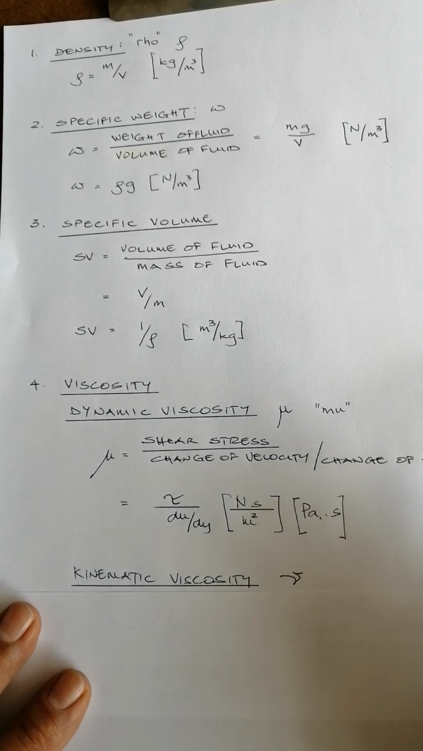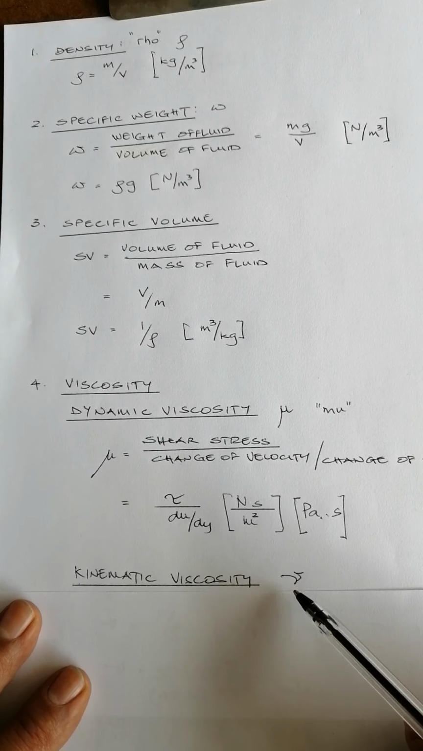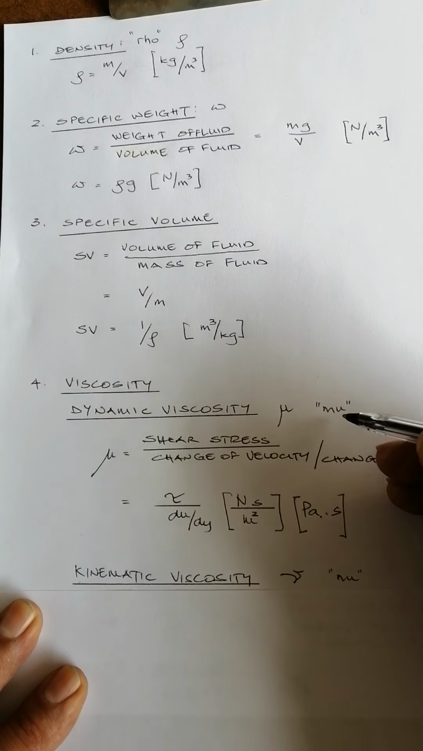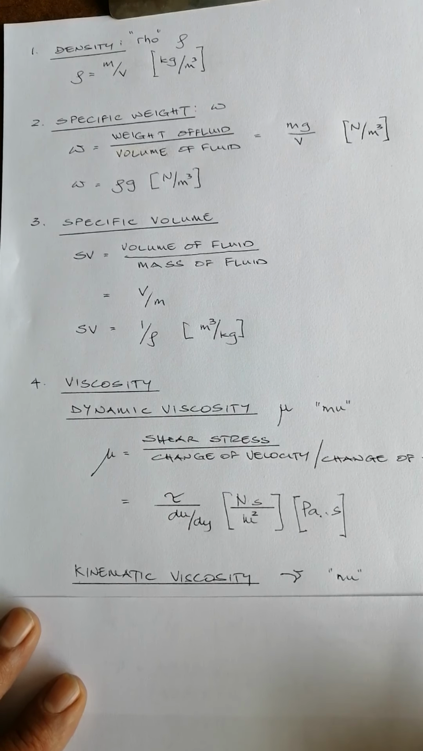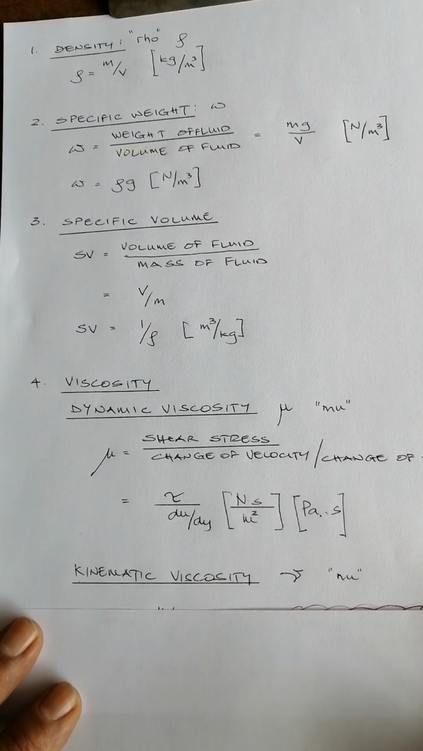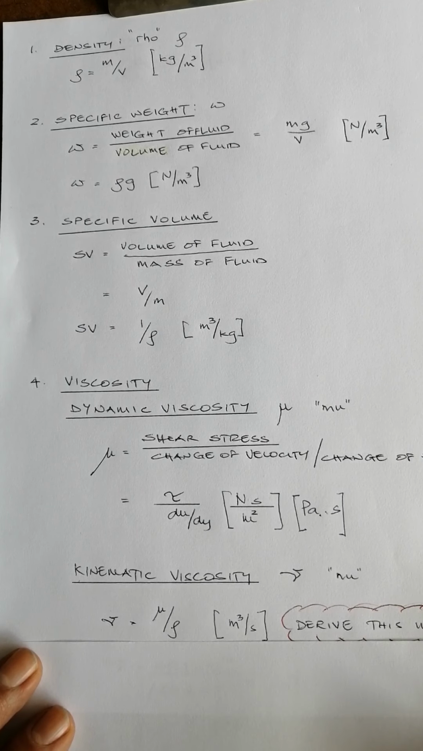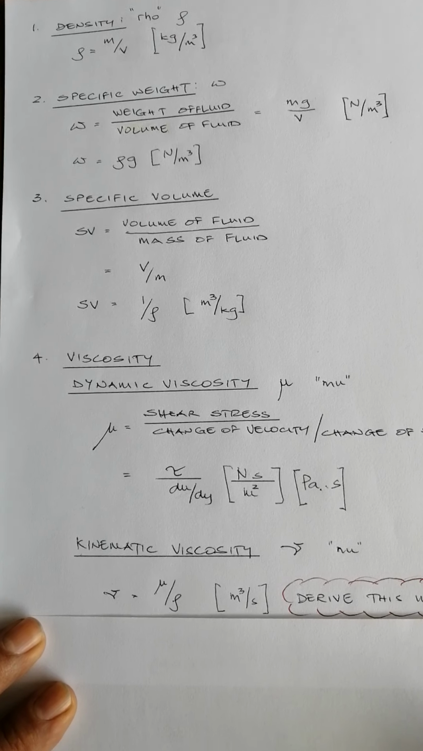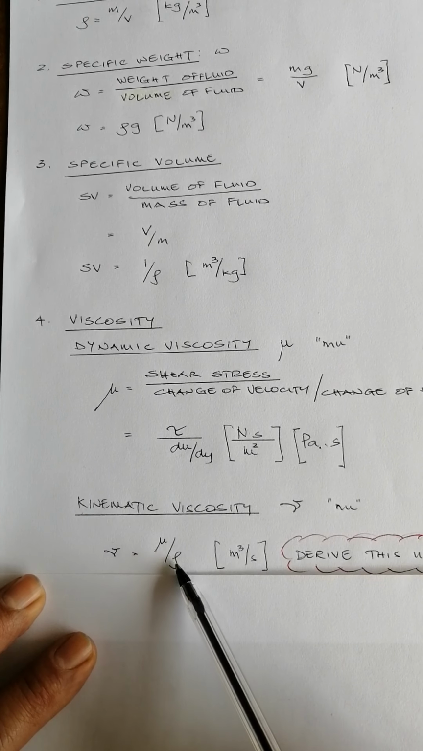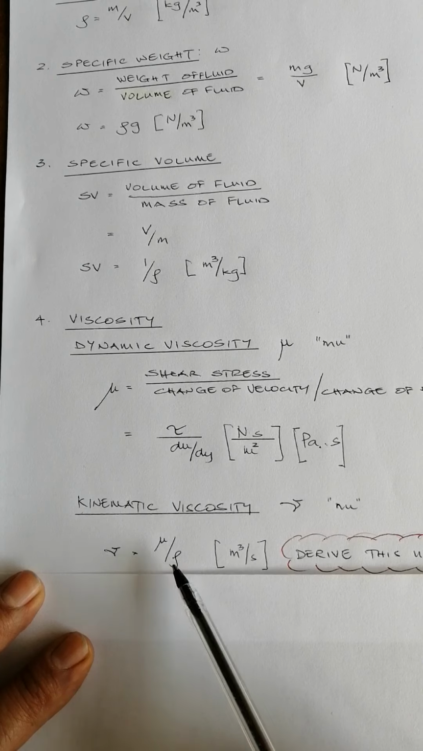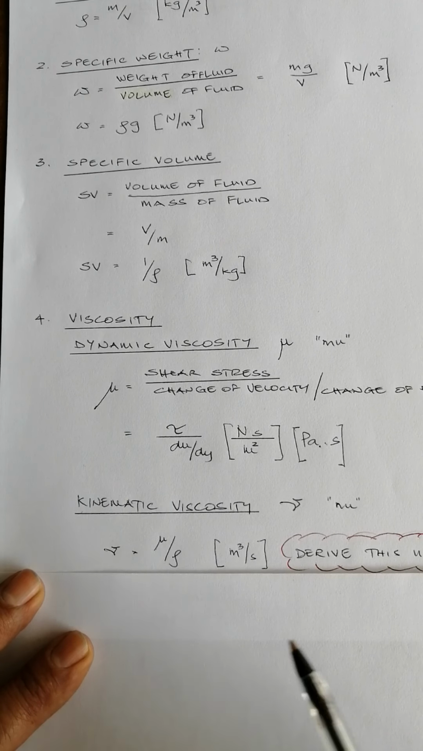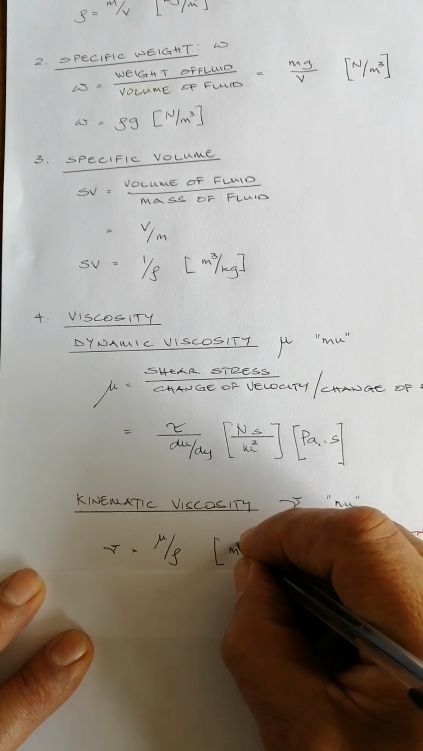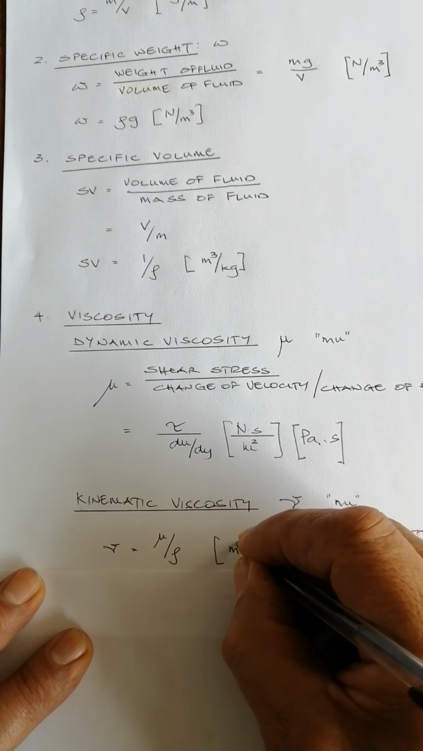Your kinematic viscosity is a skewed V again, and that is nu. So we have mu and we have nu, the Greek letters. And so if we go to the kinematic viscosity, we find out that your kinematic viscosity is equal to your dynamic viscosity divided by your density, and the unit for that is square meters, sorry, not cube, square meters